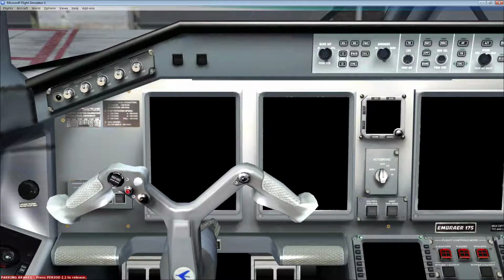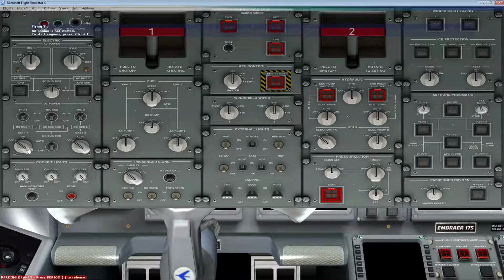If that happens, just go ahead and start again. So let's go ahead and rip through this quickly. Shift 2 to bring up the overhead panel. Batteries on. ELT, emergency light on. APU, we're going to use the mouse wheel to go over to start and start up